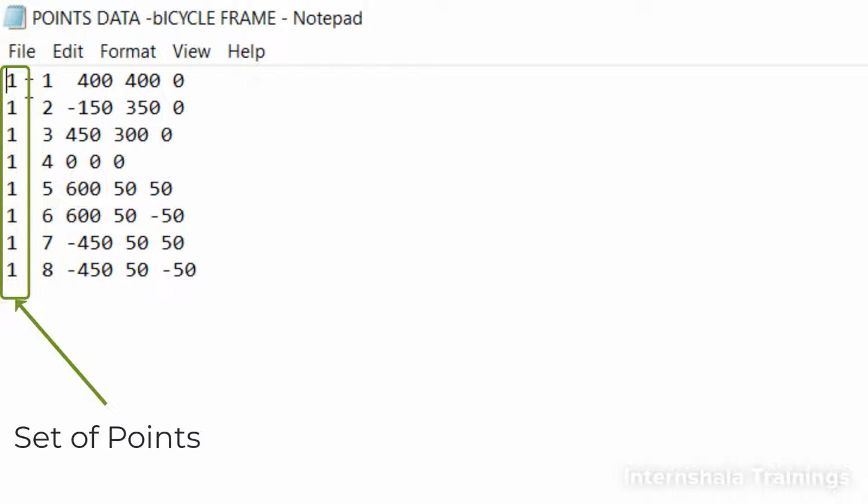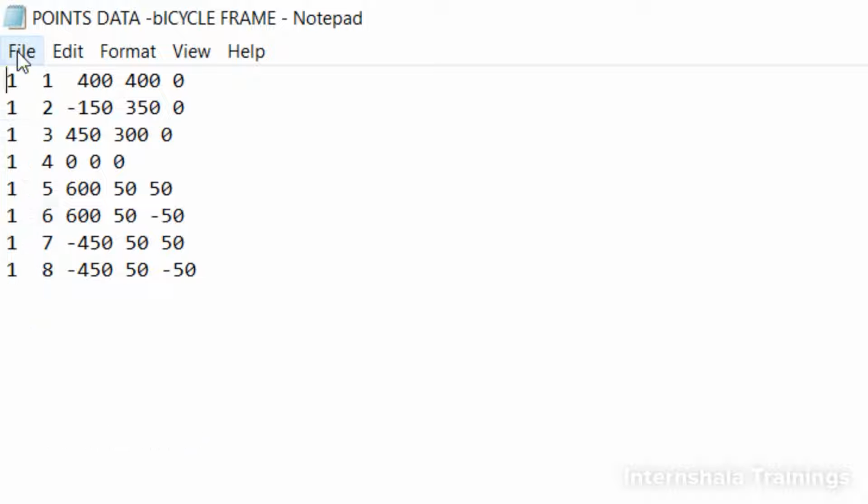This particular column indicates the set of points. For example, if you have a 2-story building, you are going to give the coordinate points for the first floor in one set, and the coordinates for the second floor in the second set. We are going to see that in the next example itself, so you need not worry right now.